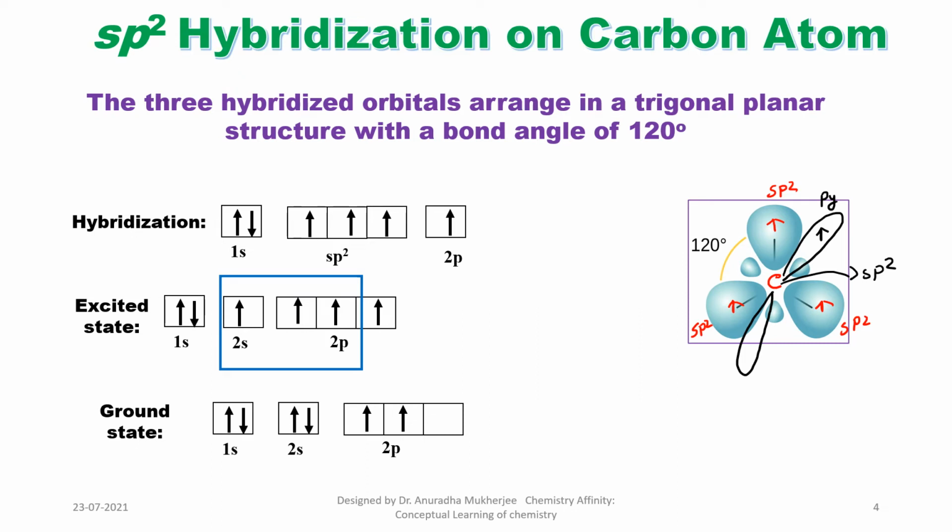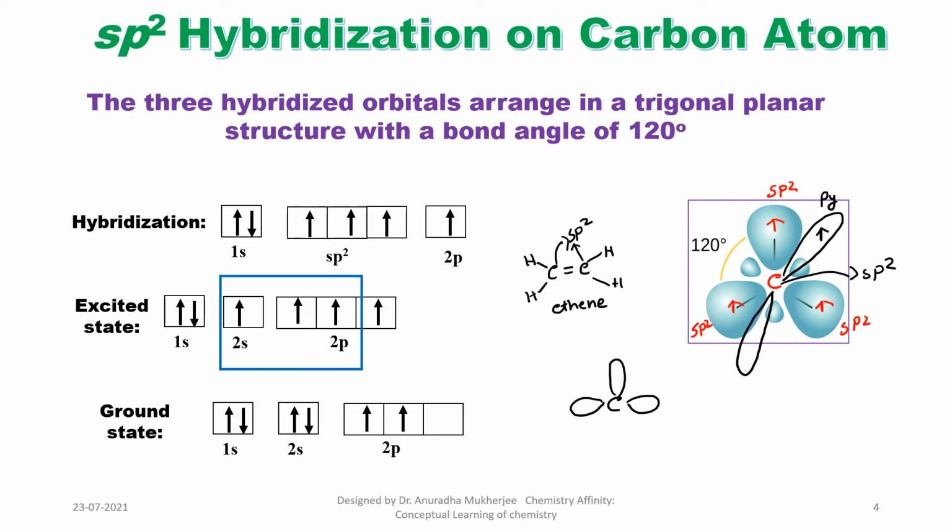So this molecule is ethene. Now how is this carbon sp2? So now let's explain their bonding pattern. So carbon is sp2 hybridized,